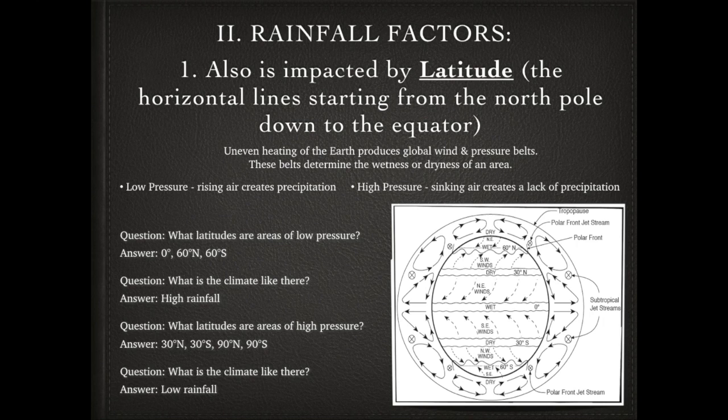Now, it's generally going to be dry at the 30 degree latitude lines and at the poles, generally more dry in those areas. Not a lot of rain. And the reason for that is evaporation. If you look at the outside of the little oval, you have these arrows. Basically at the equator, where there's a lot of moisture, it's going to evaporate, and it's going to come down.